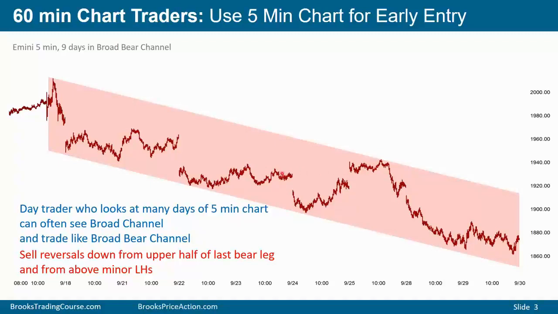Sometimes you get a reversal above the major lower high, and at this point the market's either in a trading range or in a bull trend. However, if it reverses down quickly enough and strongly enough, the market again becomes always in short, and then is either in a trading range or a bear trend. And you can clearly see that even though this rally went above a major lower high here, it simply made a broader channel. It's still a broad bear channel, even though briefly it looked like it might be reversing.